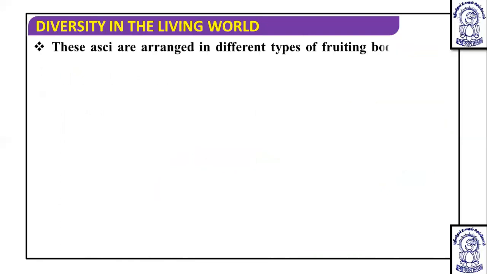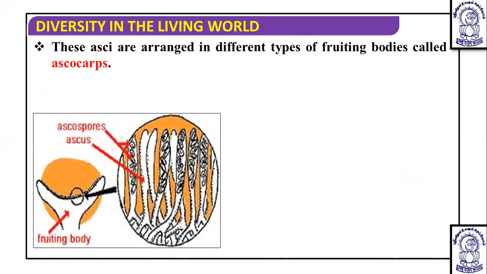These asci are arranged in different types of fruiting bodies. I want to make you understand this. These asci, or ascus, are arranged in different types of fruiting bodies called ascocarps. You can see this is the fruiting body, and this is the enlarged view of it, and these are the asci. In these many asci you will find the presence of 8 ascospores arranged linearly like this. So these are the ascospores